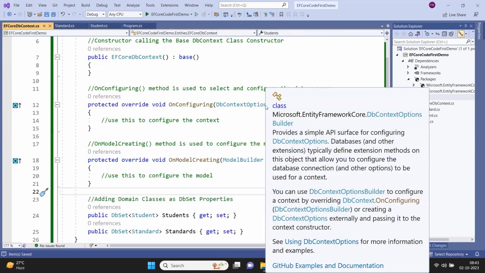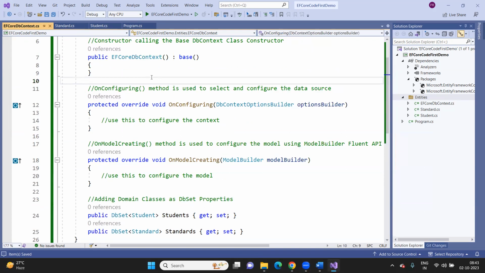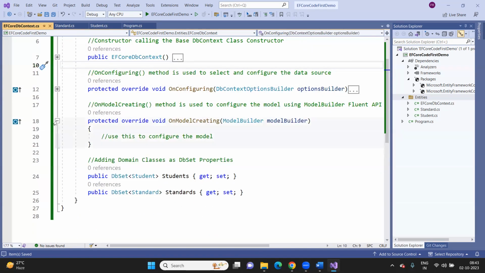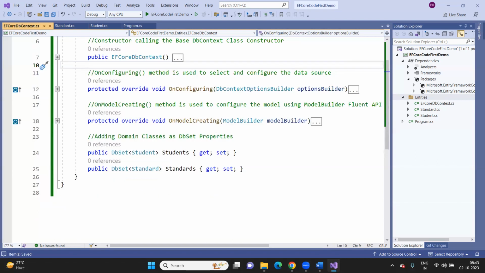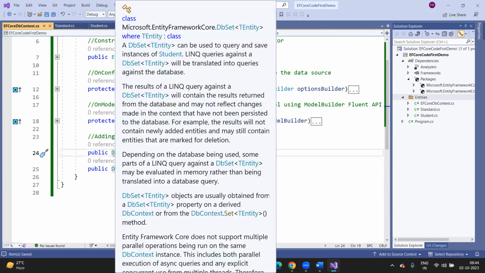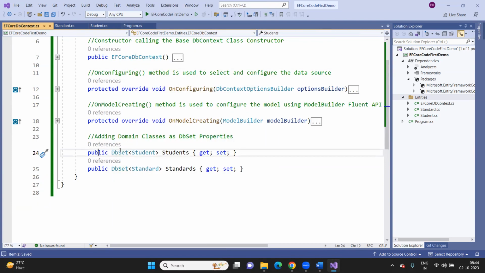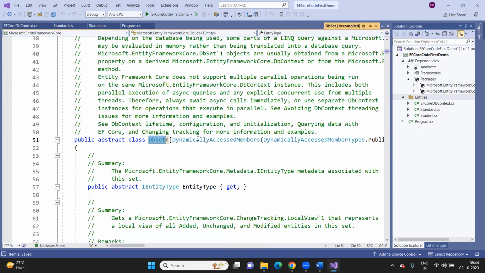Remember, from the beginning, I have told you, if you are having 100 classes, do you want to create tables for all those 100 classes? No, I don't want. I want to create tables for a few classes, and whatever classes you want, the corresponding database table for which you need to specify them as DbSet properties. So here DbSet is a collection, right? And within this collection, you need to add the corresponding model entities for which you want to create the